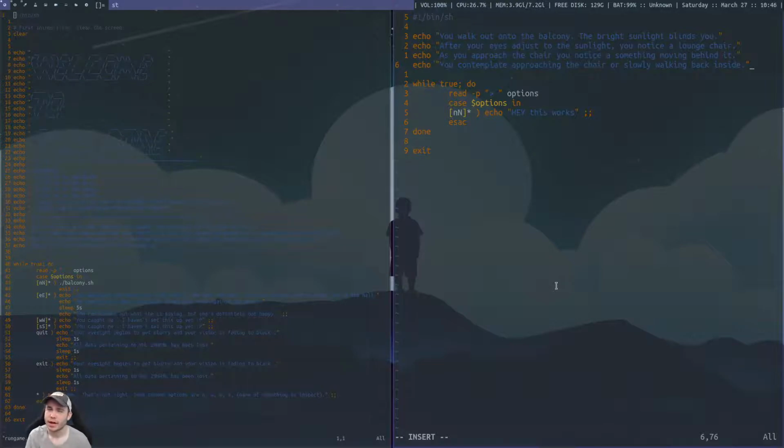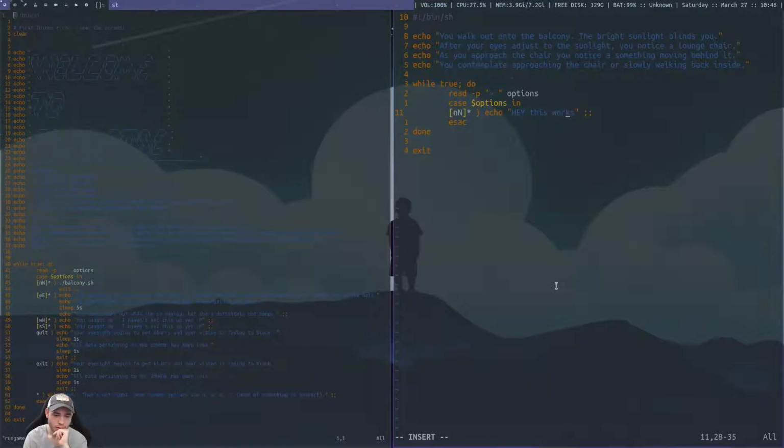I think we should rock with that right there. You contemplate approaching the chair or slowly walking back inside. Should we change that up? Don't know, let me know.